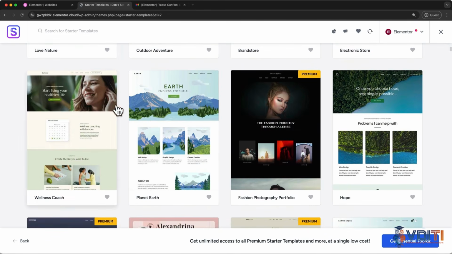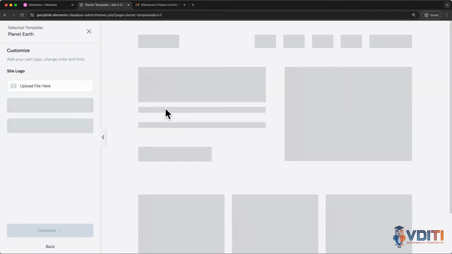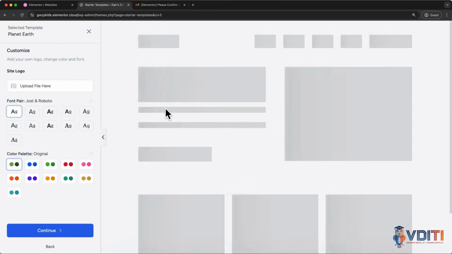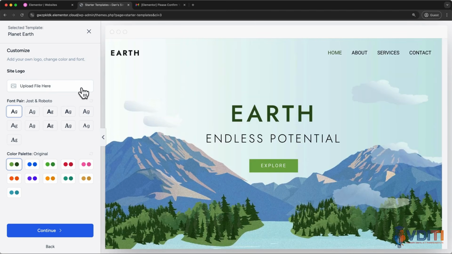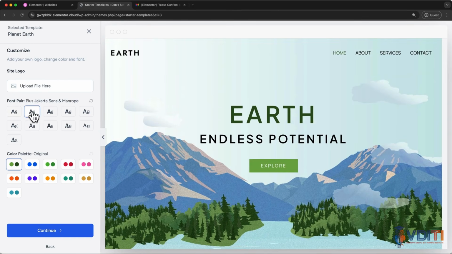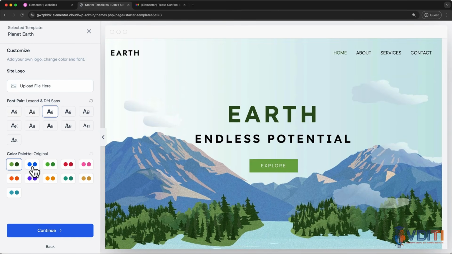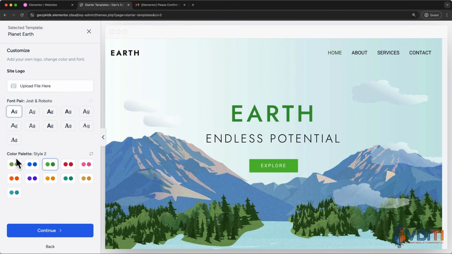I'm going to use this template called Planet Earth, as it's a good one to learn the Elementor page builder, and it's flexible to use for different industries. Once we select a template, you can start by customizing your website with a site logo, and you can change font pairings if you'd like. Below that, we can experiment with new color palettes, but for now, I'm going to stick with the defaults, and